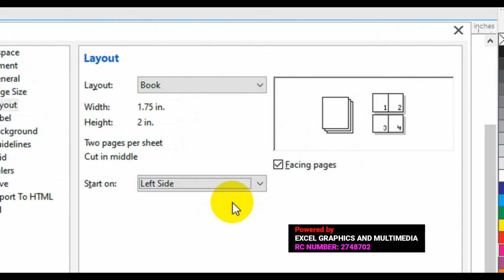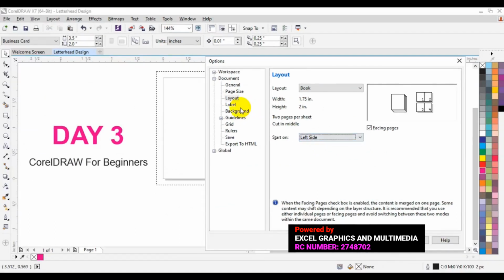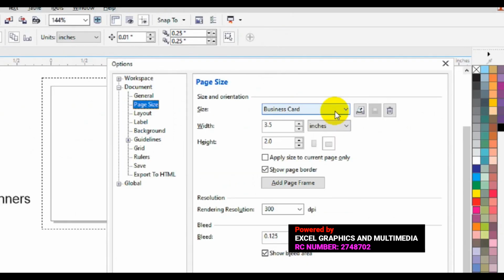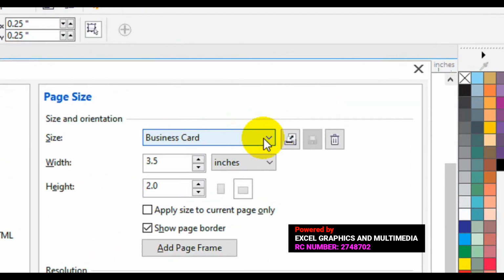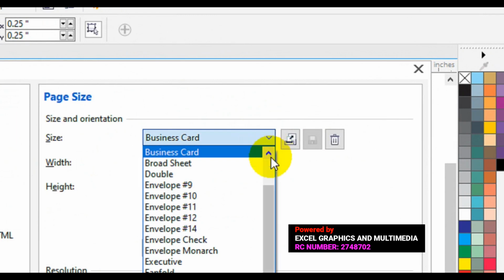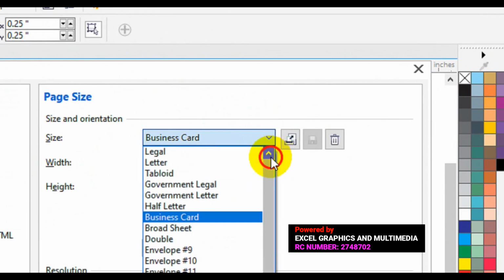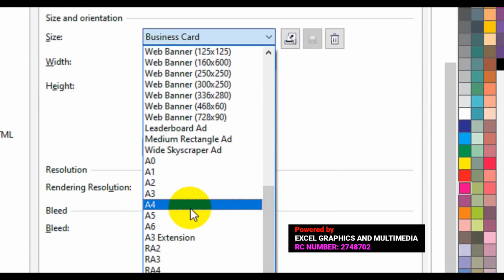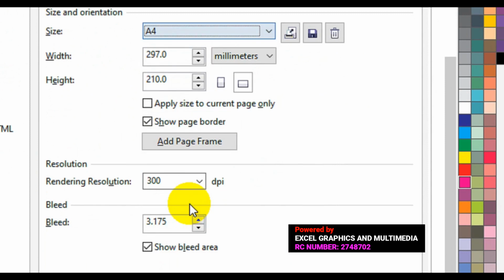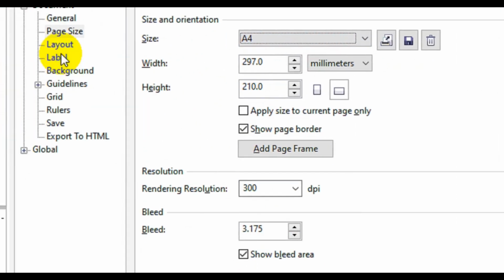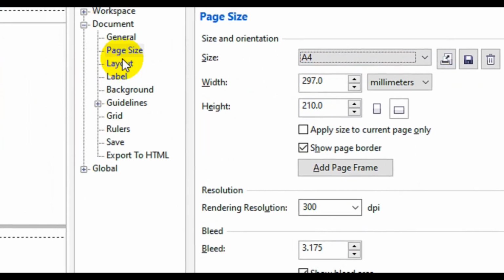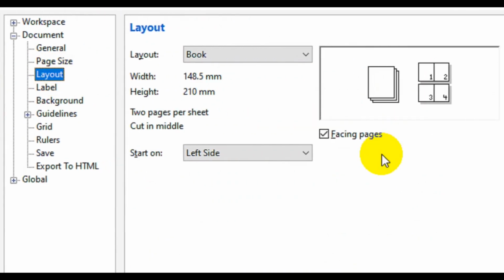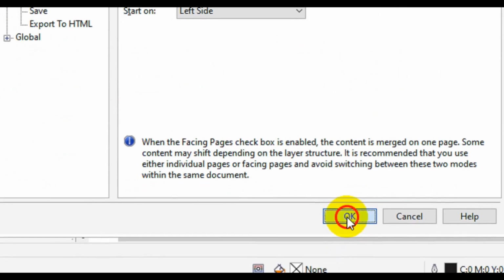But before we do that, I would like to convert the page size into A4. So you go back here and click on this icon in this place here. The dialog window is going to drop down, and I'm going to select A4. To make use of A4. Then you can check back our layout. So we still have everything in place. So once we are done, then you click on OK.